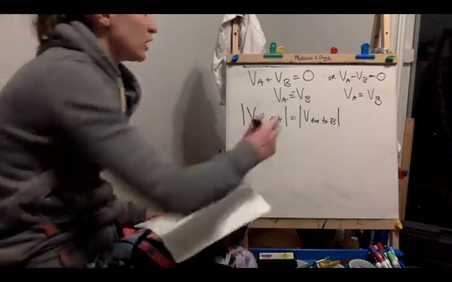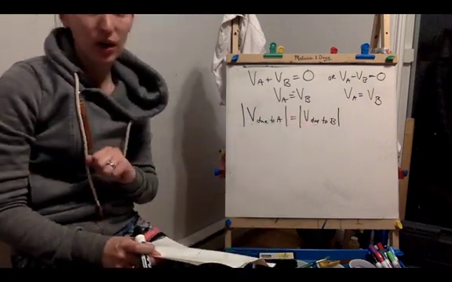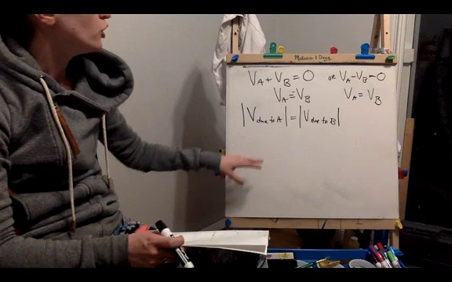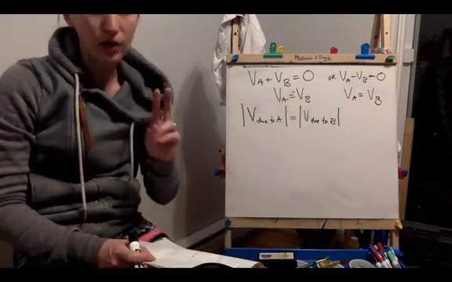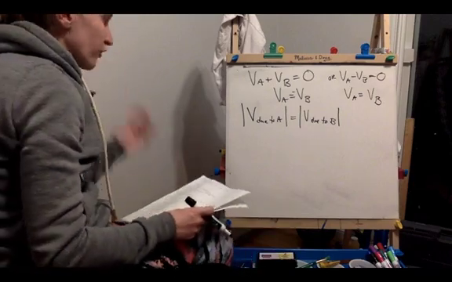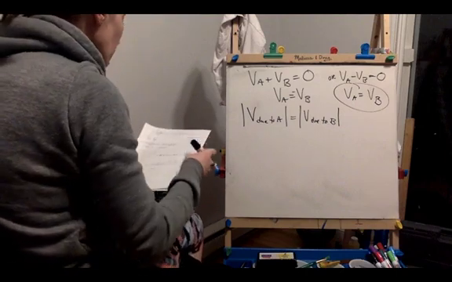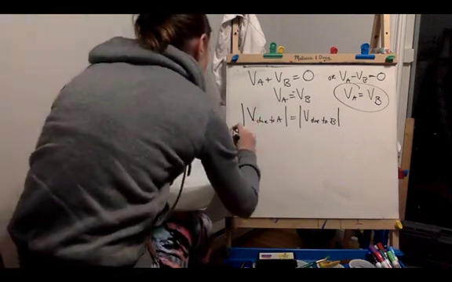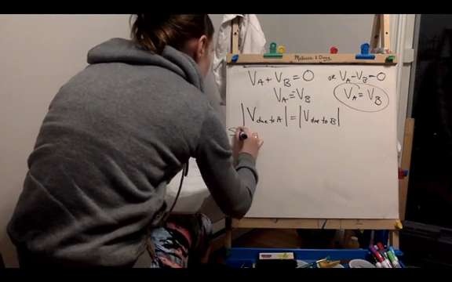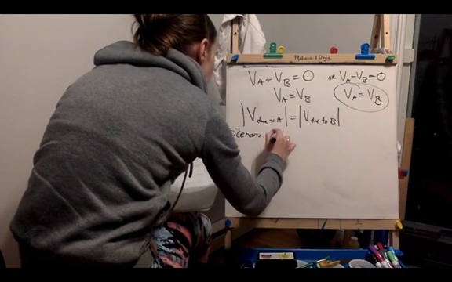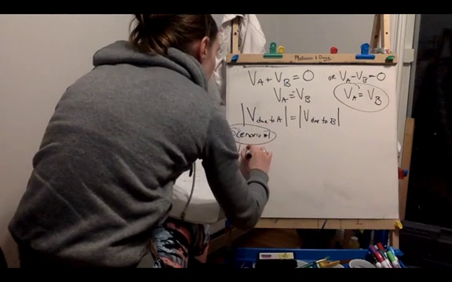So in case 1, you just remove the absolute value signs and say this value is the same as this value. Or in case 2, you remove the absolute value signs and say this one is equal to the negative of that one. So we have to look at it in two possible ways. Let's look at the first way, where when we remove them, we get this one. This is the first scenario. So this is scenario number 1, where we're just setting up VA equal to